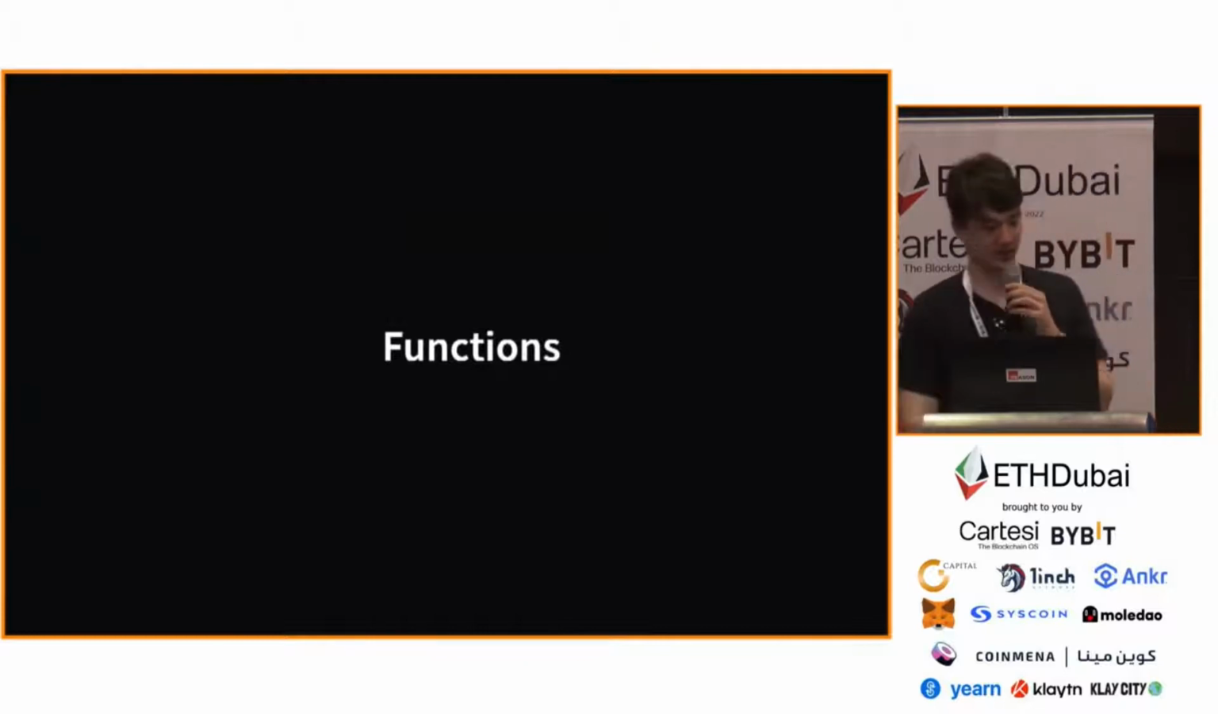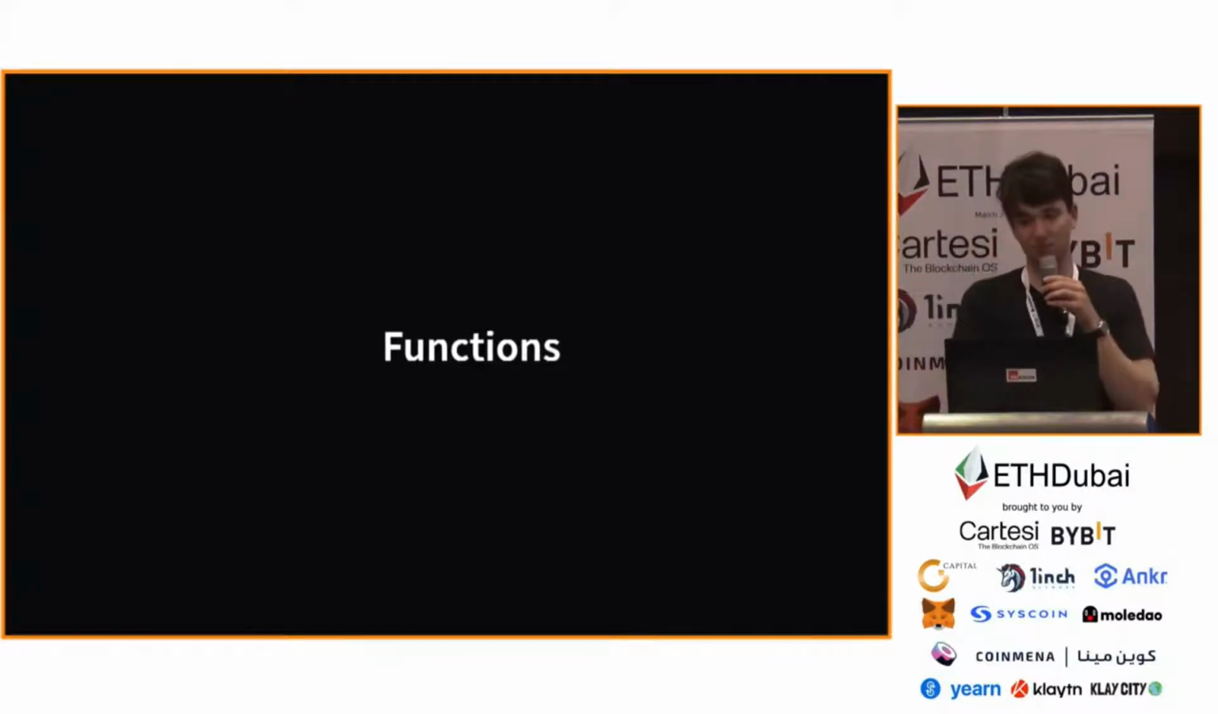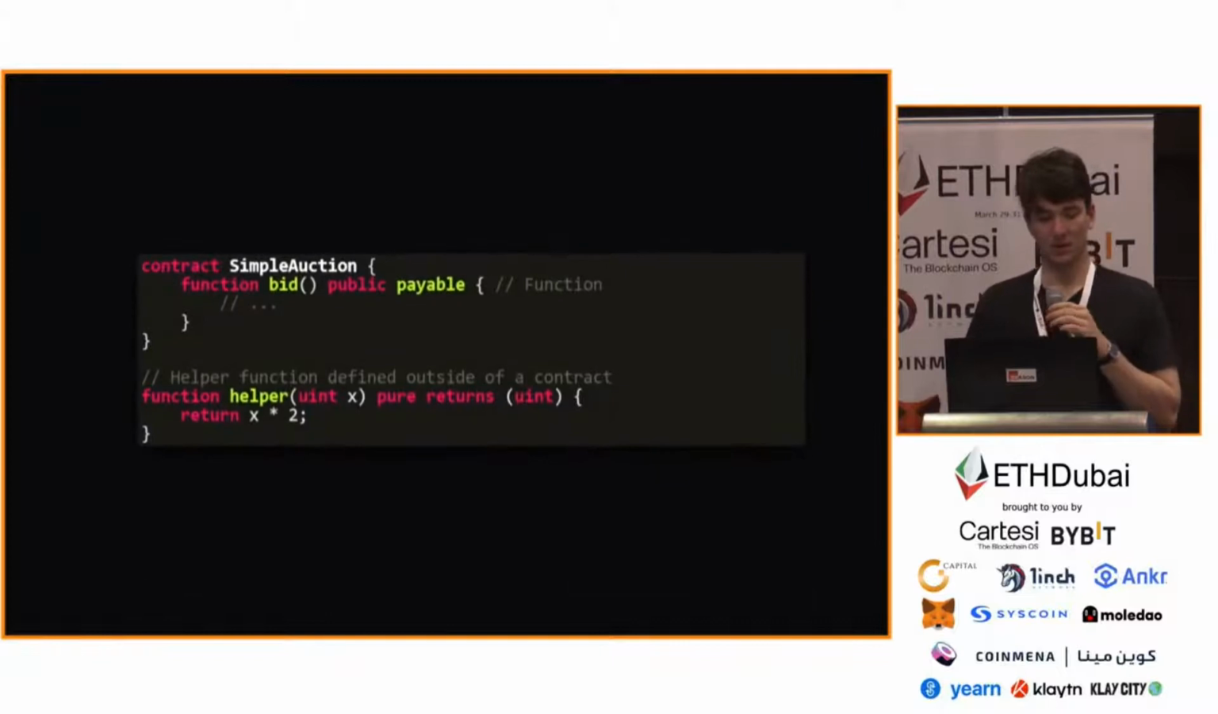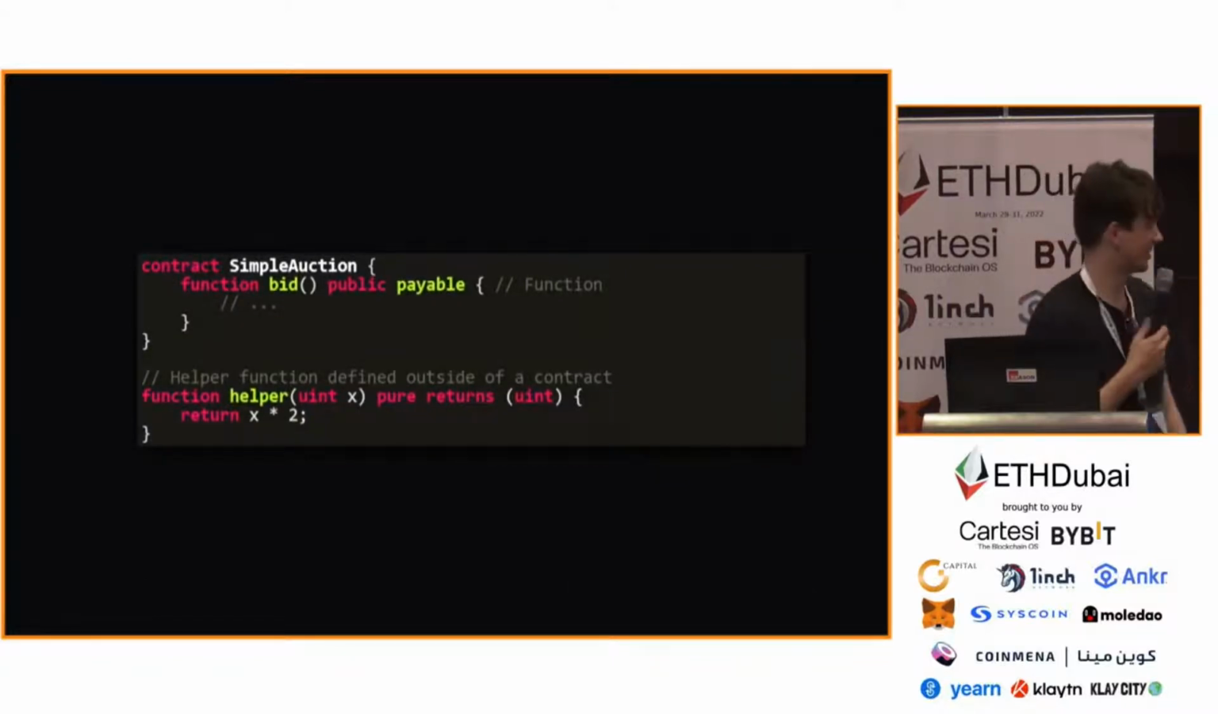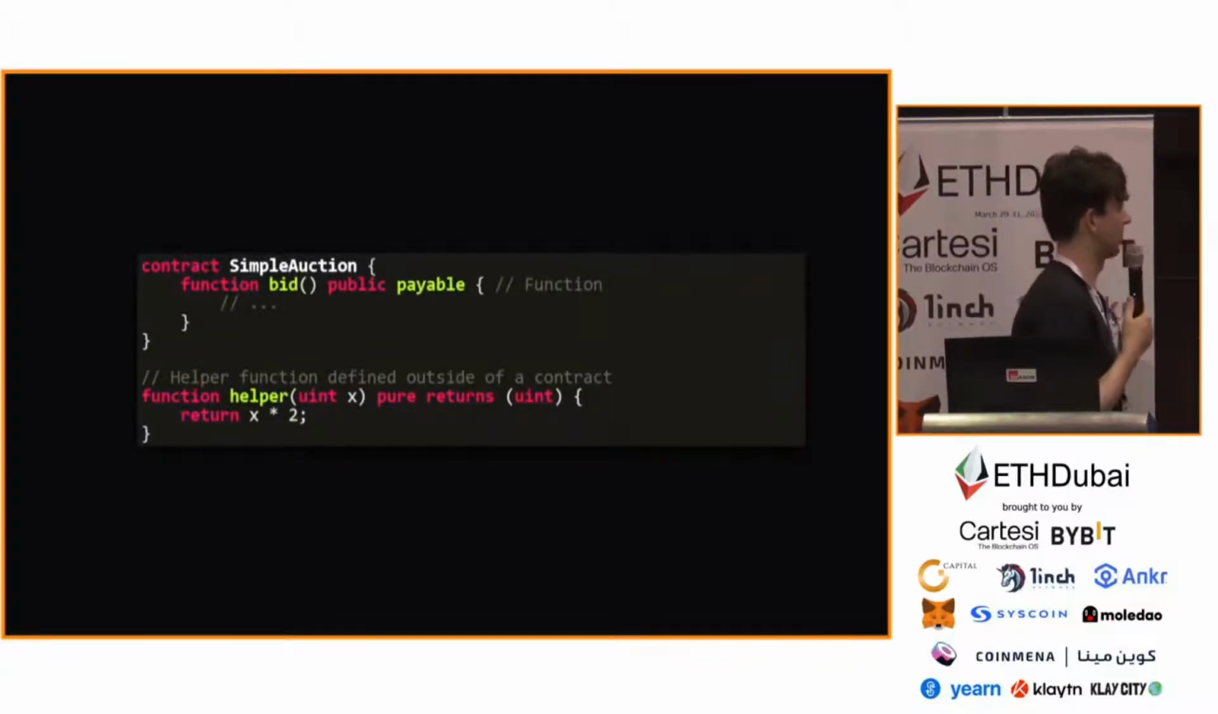All right, and then we'll take another look at a couple code examples here. So, functions in Solidity, I'm sure nobody needs a refresher. They look more or less like this. You have attributes that you can attach onto your function signatures. You have things like pure, you have payable,